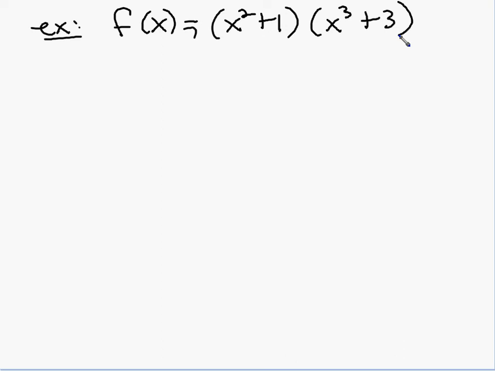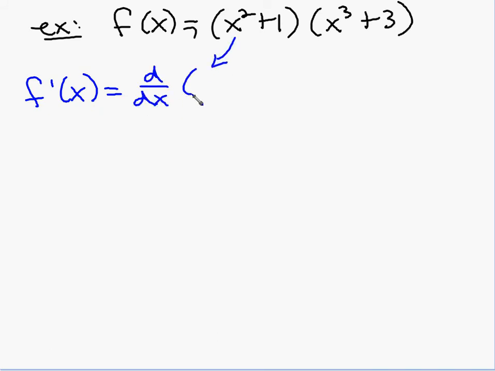Anytime I am doing the derivative of a product of functions, I must use the product rule. I have to. It's not optional. You can't take the easy way out. Okay? So if I want to do the derivative, f prime of x will be the derivative of the first